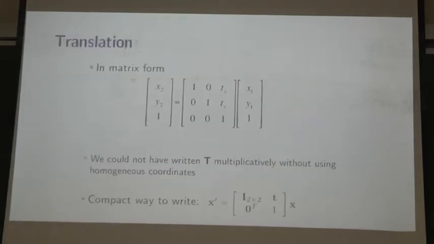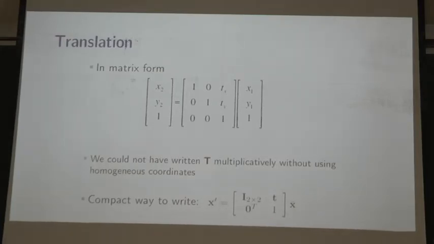Alright, so this is how we write a translation matrix. A translation matrix is 1, 0, tx; 0, 1, ty; and 0, 0, 1. Because you can multiply and see that x2 will just be x1 plus tx, and y2 will just come out to be y1 plus ty, which is a translation. And I can just extend the other 2 by 2 matrices that I had with 0, 0 and 1 to have them in the 3 by 3 format also.